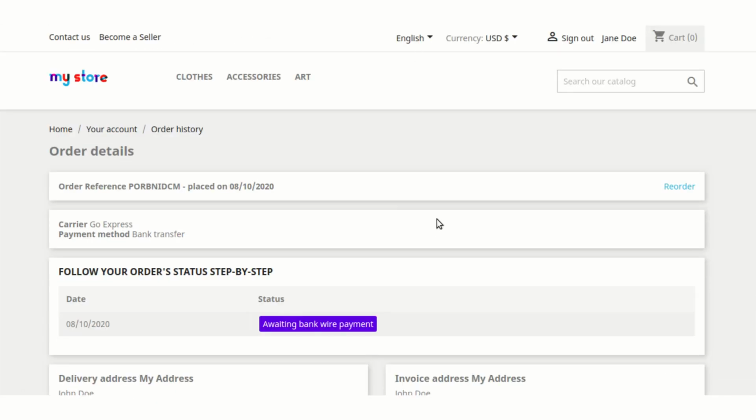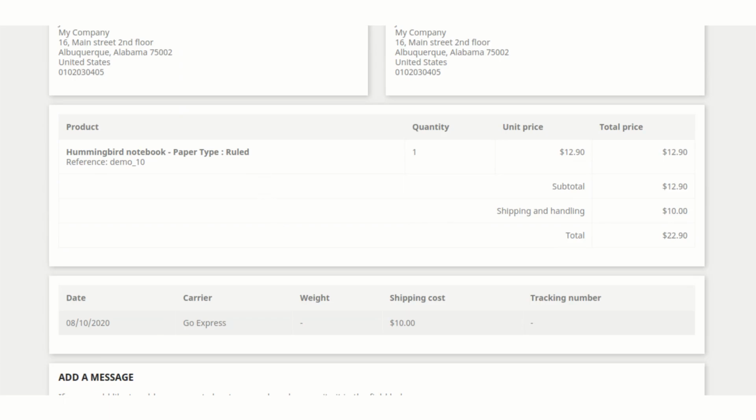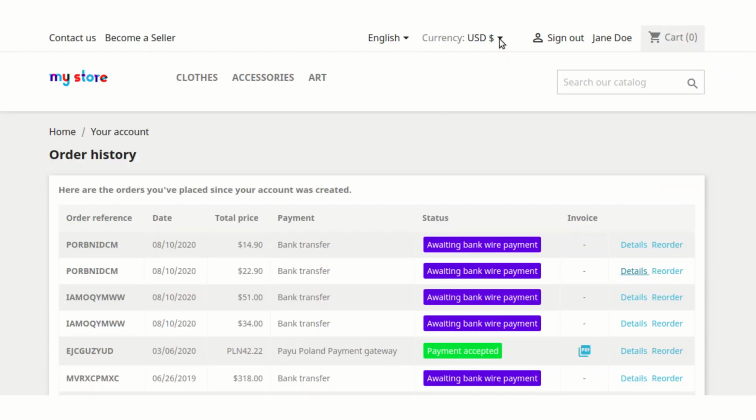What happened was, the two orders were created for two different combinations of the product. We have ordered one ruled and one plain combination of the product Hummingbird Notebook.